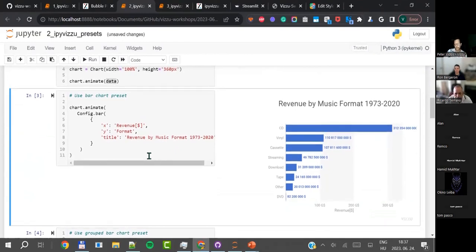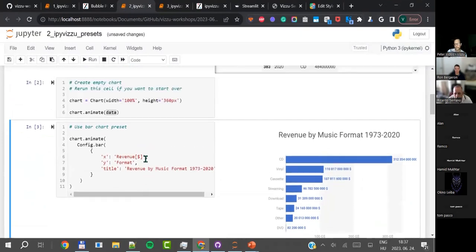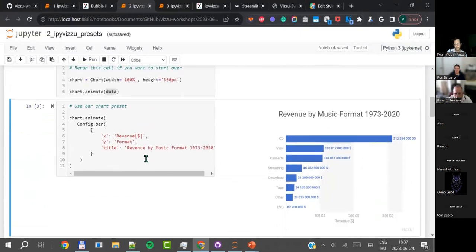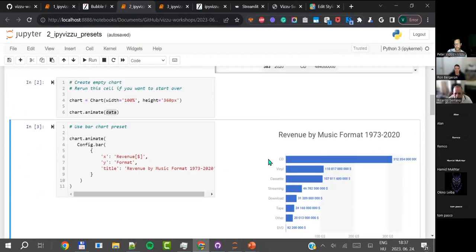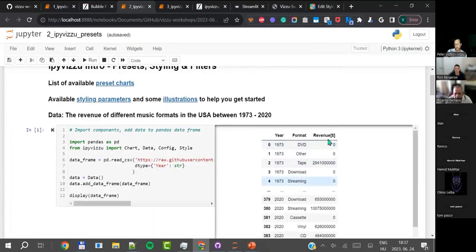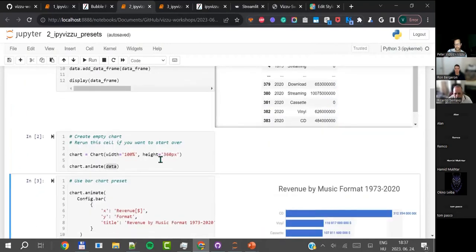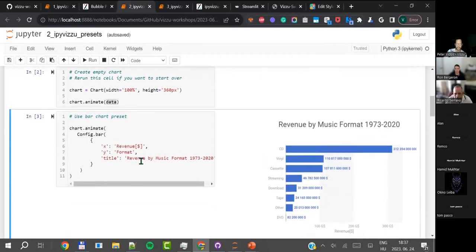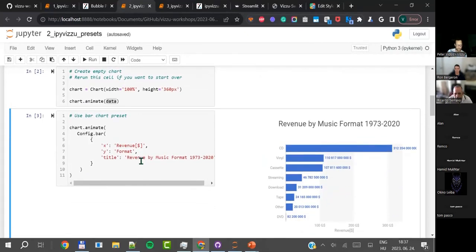Also, please note that Vizzu automatically summarizes the values in the revenue column without you having to tell it. That's the only available option right now, and it does it all the time. So you have to be aware of that too. We are going to release new aggregators very soon.